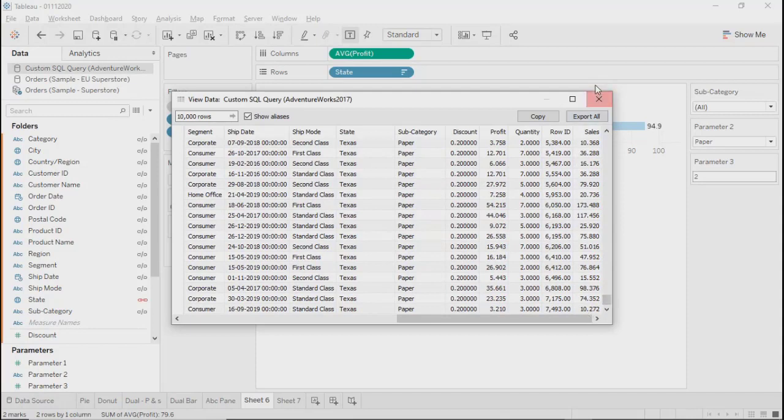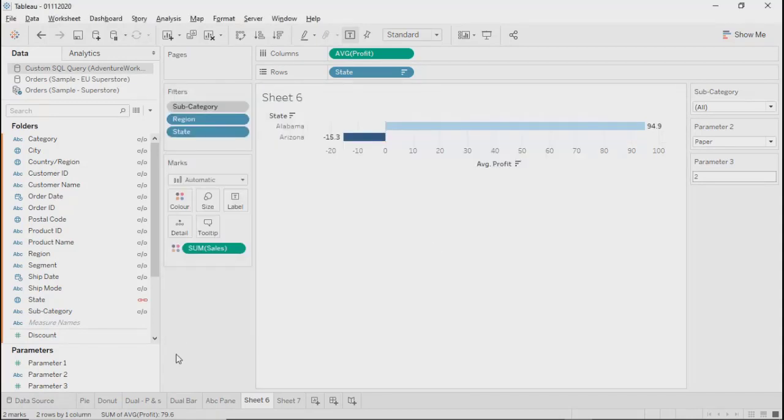right? Which means, if it is a database, we are able to restrict data on source level using parameter also. This will restrict the data depending on the user, right? Whatever the user wants to see, only that data will come from the database to your Tableau. So that is another use of parameters,